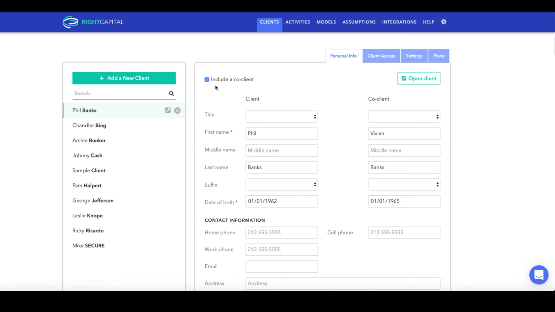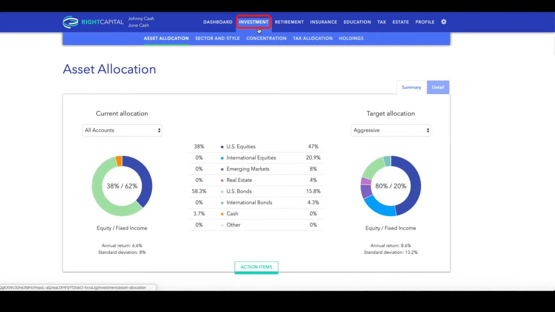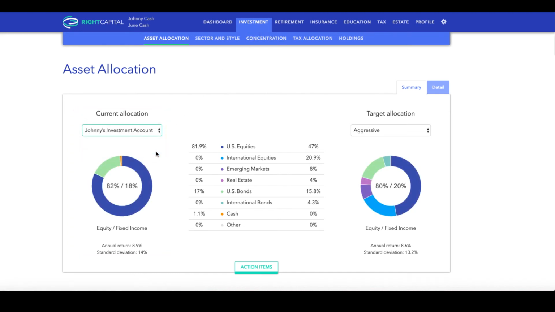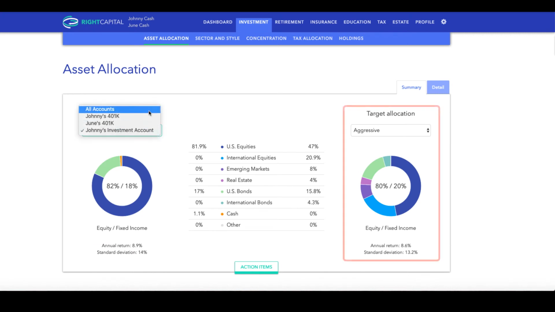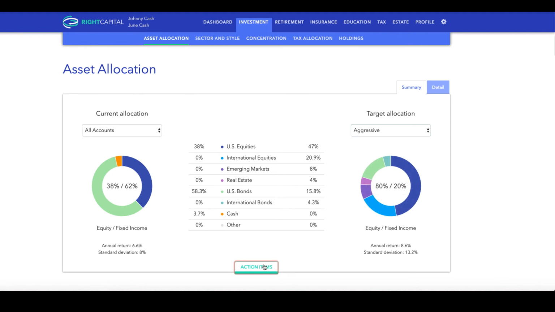The 2 analysis tools that will be affected by model portfolios will be the Investment tab and the Retirement Analysis Action Items area. In the Investment tab, advisors can see the client's current asset allocation as determined by the data entry within the Profile Net Worth area. This is automatically compared to a target allocation on the right. The action items at the bottom of the screen will produce the steps needed to balance the current asset allocation